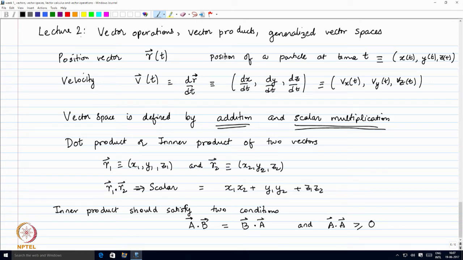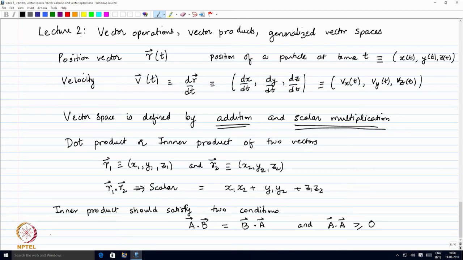So, this usual way of taking the inner product, just by multiplying component wise and adding up, is just one way of taking an inner product, but there can be other ways of taking the inner product. So long as they satisfy this rule, it is a valid inner product. I won't speak more about the dot product now. I will come back to this dot product or inner product when we are talking about generalized vector space,